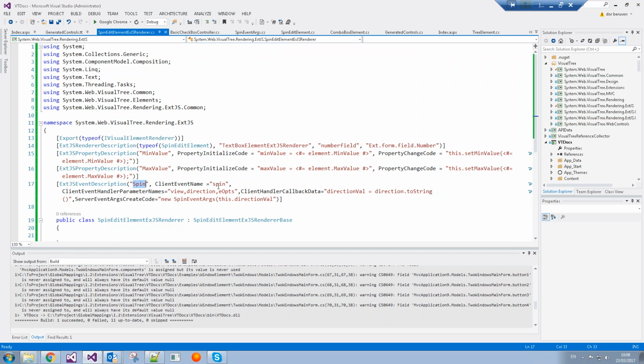The second one is the client side, the client name. The third one is the client event args parameters, that is view, direction, and eops. The client handler callback is direction val with a string, direction to string, and the last one is